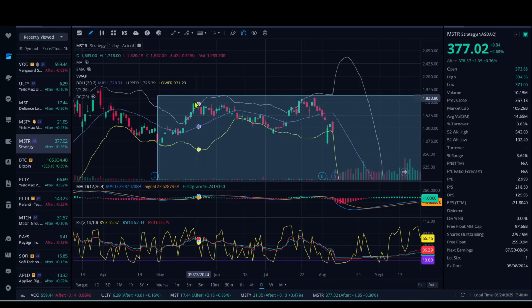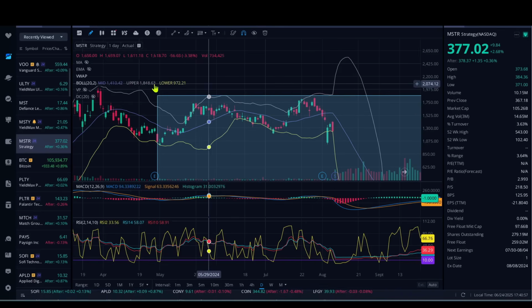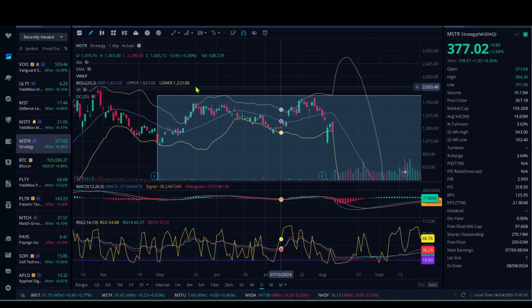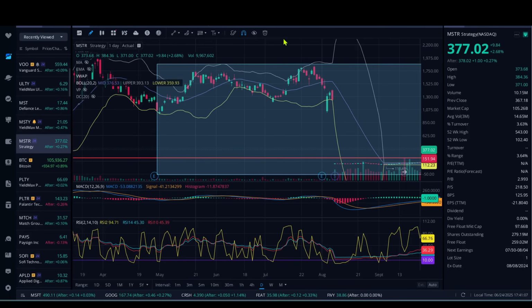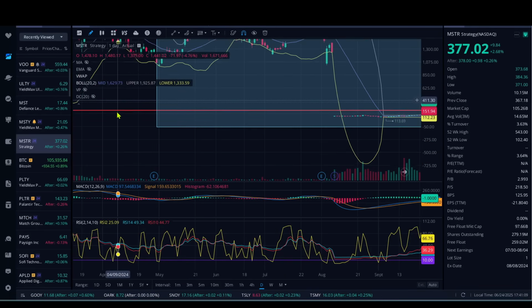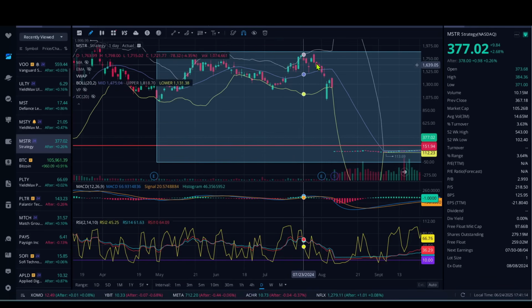But even if you bought it here and then you sold it here, you would be up slightly. But again, it did drop again here. So there are plenty of areas where you could have bought and sold MSTR and taken a loss, right? Now, the other big thing to note is, as you can see, the candles up through here, and then all